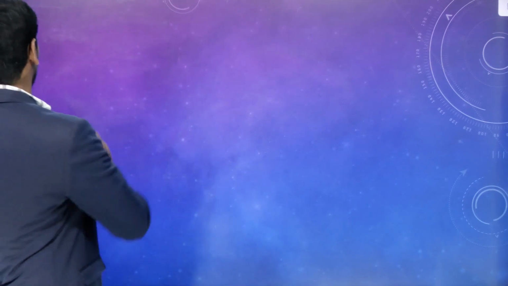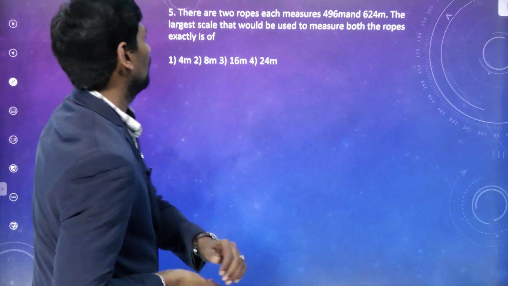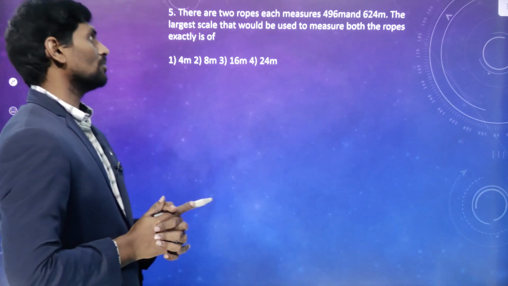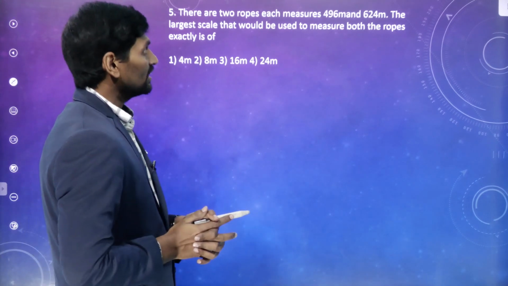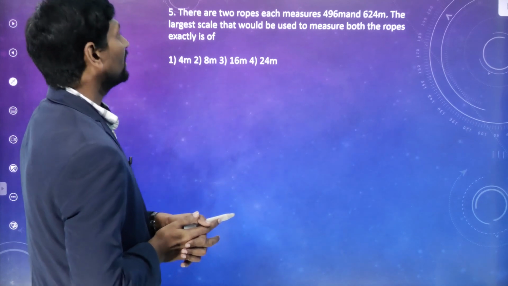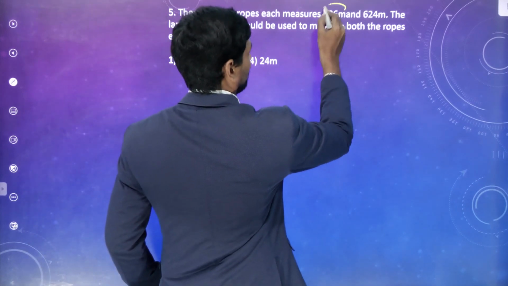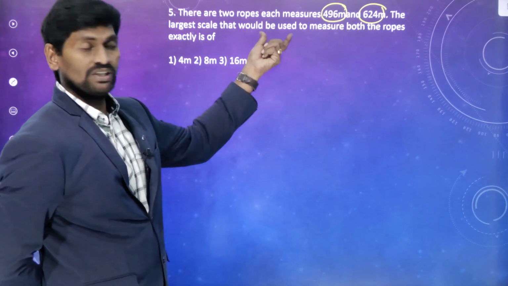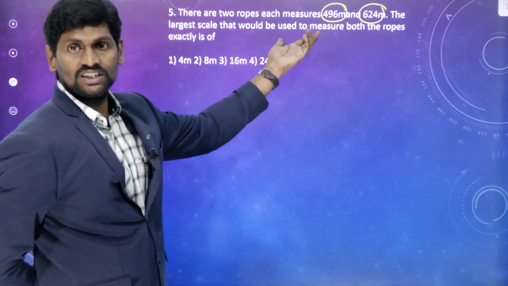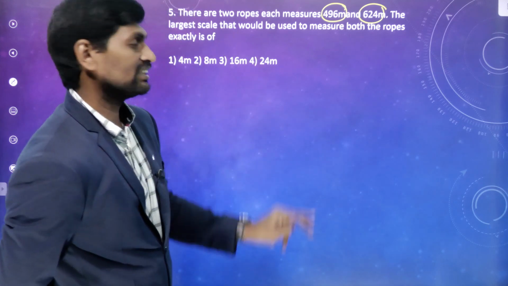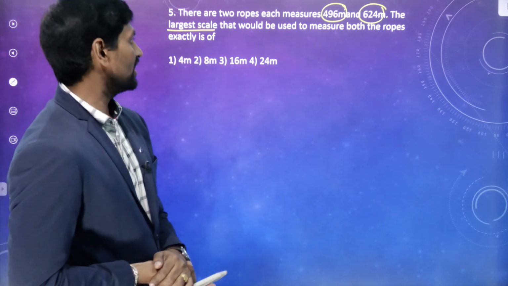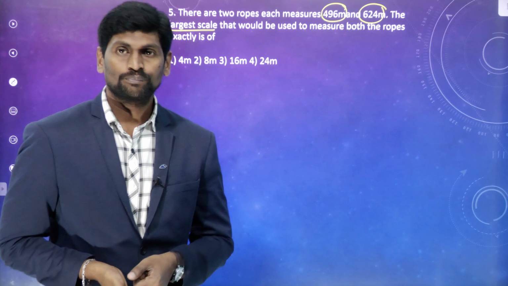Let us go to the next problem. Question number 5. See here, there are two ropes, each measures 496 meters and 624 meters. Measurement is given. The first one's length is 496 meters, and the second one is 624 meters. The largest scale